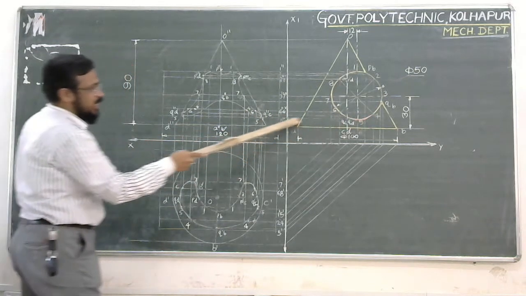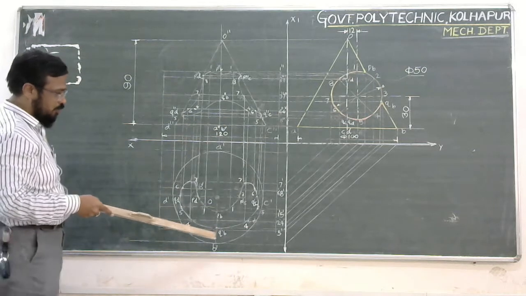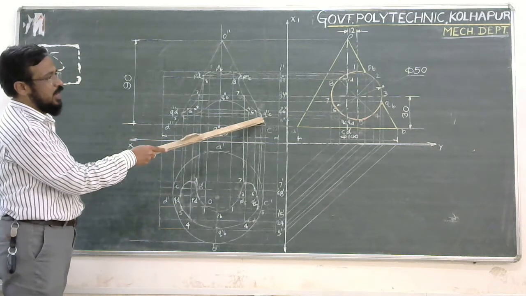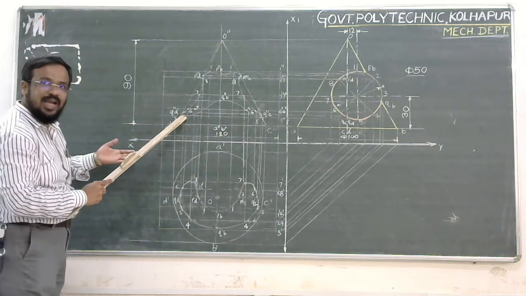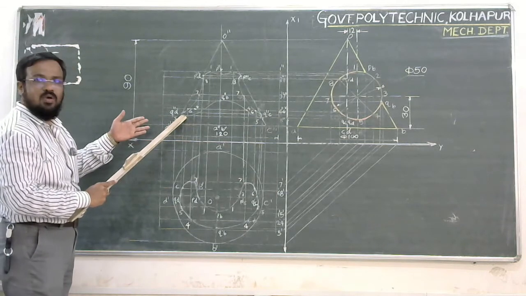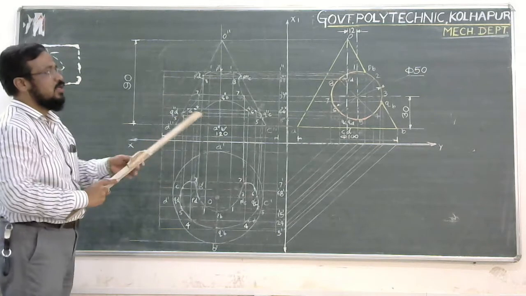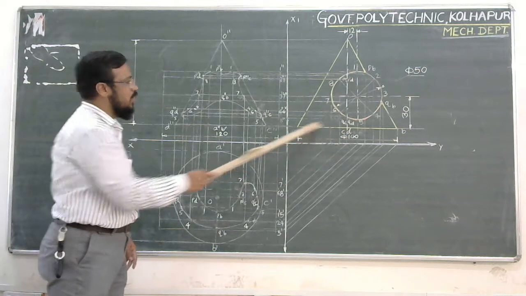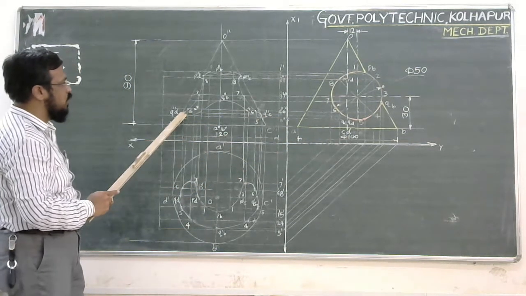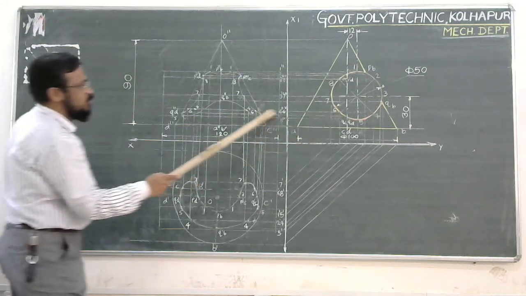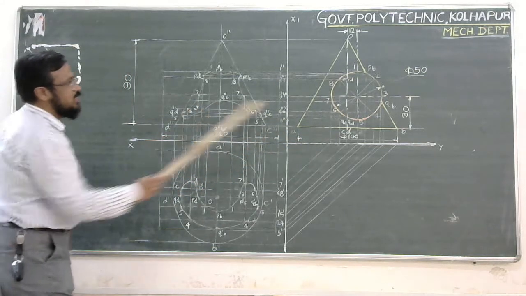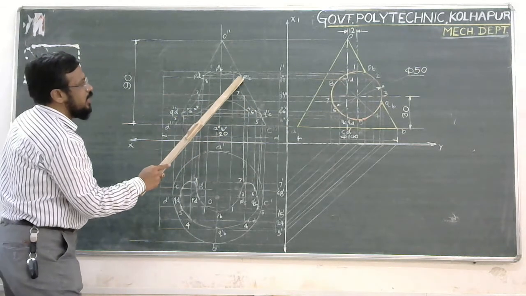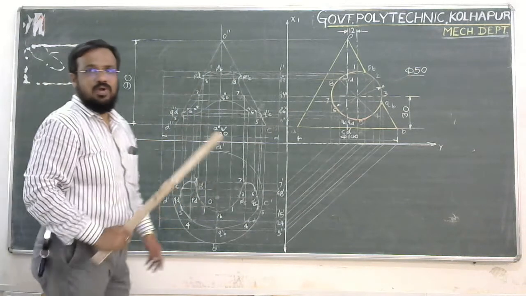Similarly, 5: you project it from the side view, and 5 from the top view. So this is point number 5. You project it upward. You are going to get 5 here, and also the second part of 5 on the back side; 5 dash we call it, somewhere here. Likewise, 4 to 4 dash, 5 to 5 dash you are going to get over here. Similarly, QC and QD you can plot here. QC here you are going to get, QD here. For the 6 reference, you are going to get 6 here, and this is 6 dash. From 7 you are going to get this as 7, this as 7 dash, and this as 8, this as 8 dash, for completion.